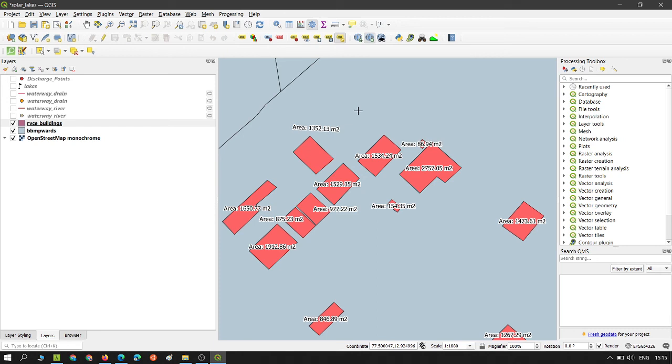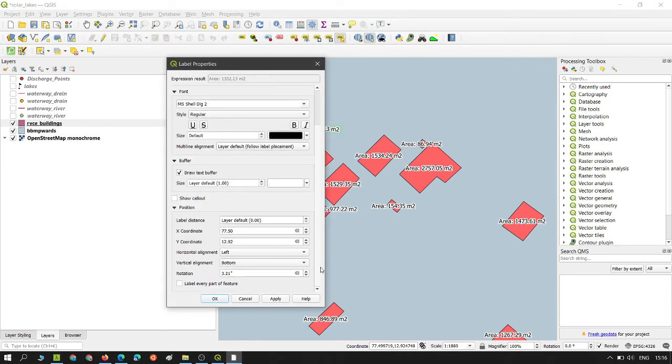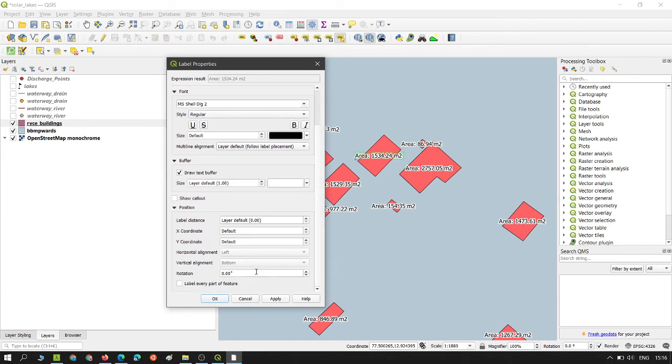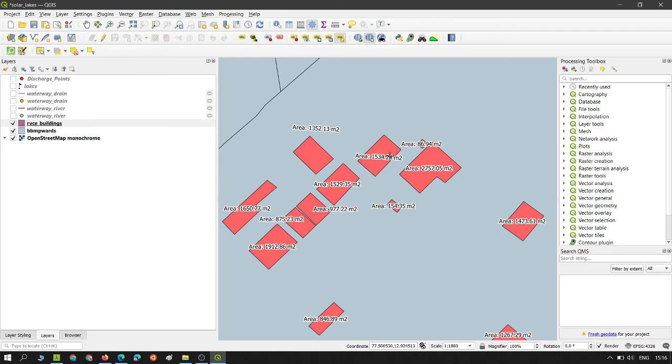But the thing is, you can actually rotate from the label properties option. If I click on this and rotate here, okay, let us select something else which was not working initially. If I click on this and then rotate it, click on OK, so this worked.